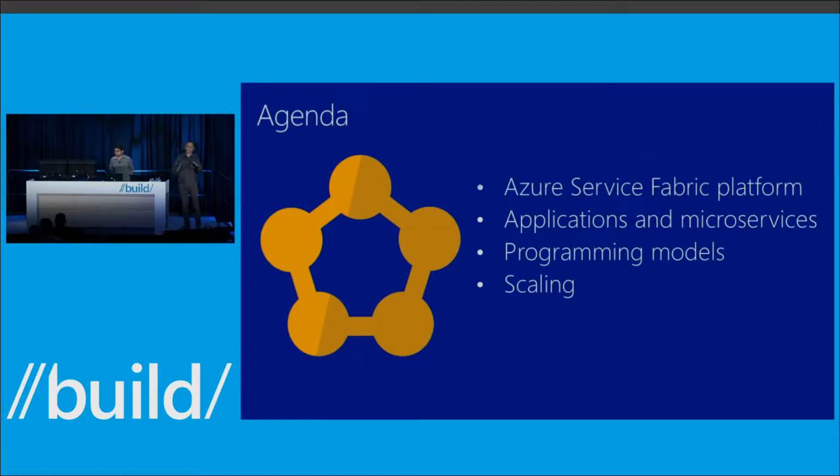I'm going to touch a little bit on the benefits of why we built Service Fabric as a platform. We're going to spend the vast majority of our time looking about how we build those applications and those services inside Visual Studio and show you code. And we show you the various programming models we have. And at the end, we're going to take those applications and we're going to show how you can simply scale them all out.